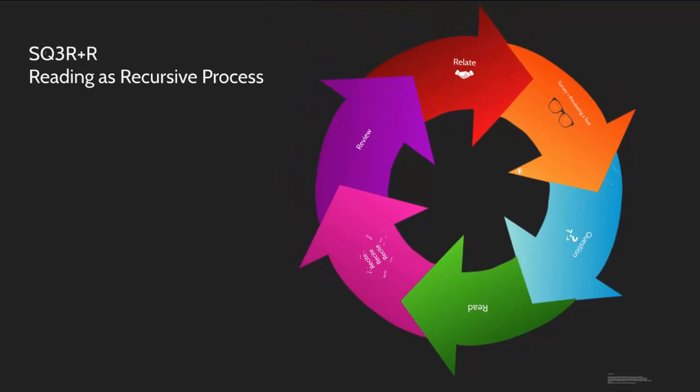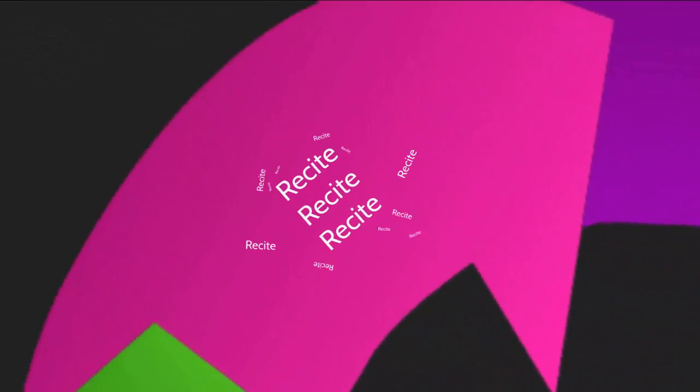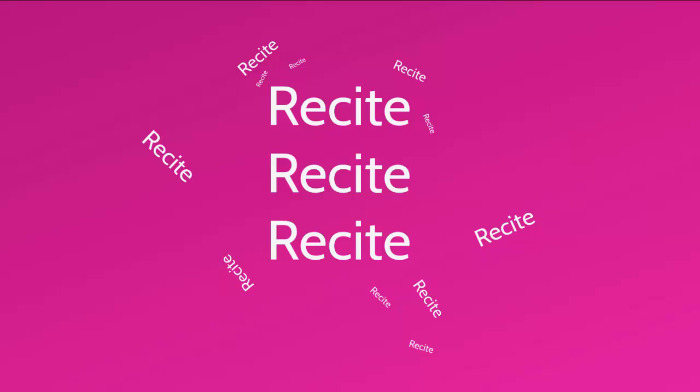After you have read, you should recite. That is, summarize the text in your own words. Simply write a brief summary and check your comprehension and memory against the text. Recite as you read, recite when you finish, summarize the main idea, connect ideas to each other, rephrase the text